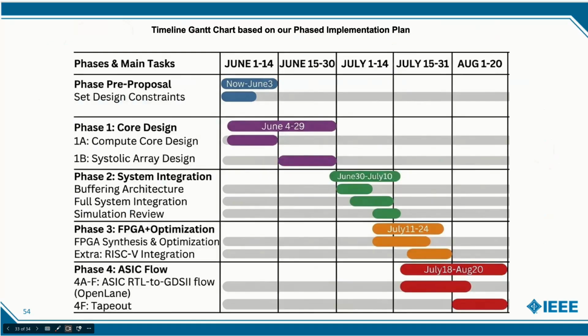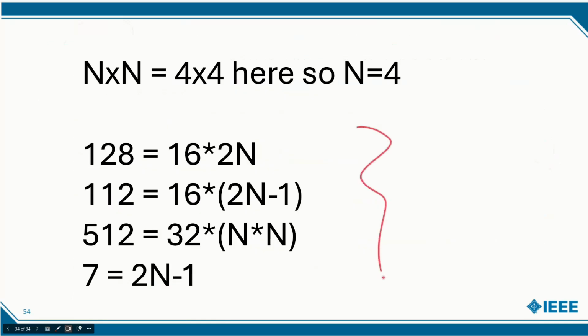And lastly, I have given an example of a 4x4 systolic array, and we are making an n by n one, so we will use these approaches for the numbers I have